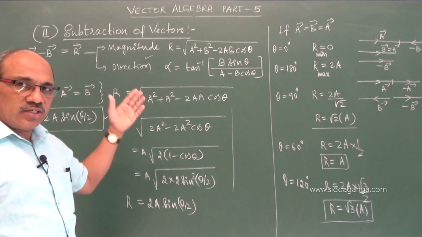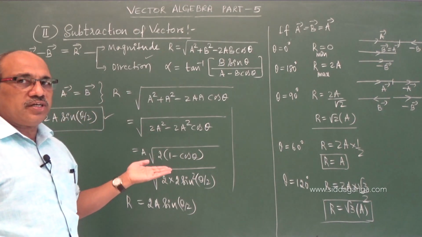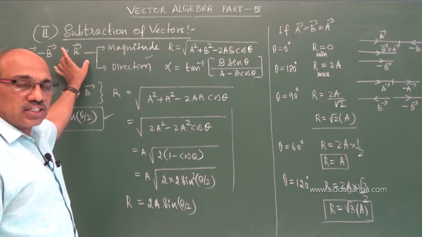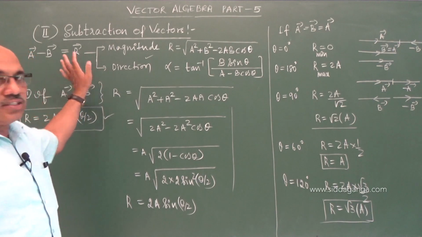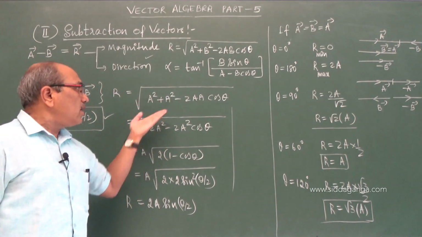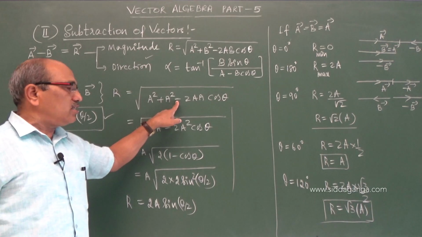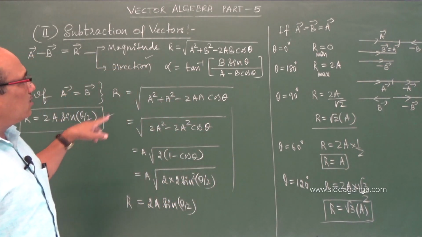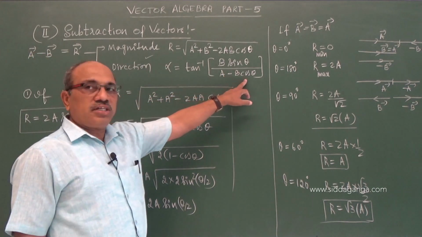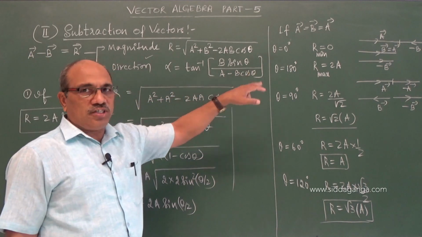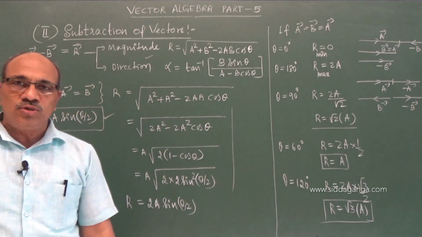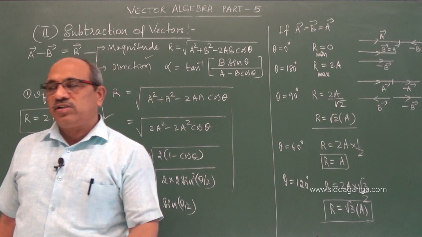Before that, we have learnt two operators, the addition operator and the subtraction operator. Subtraction is similar to addition. What changes in the equations is that instead of plus it becomes minus. Even in the case of the resultant, in addition it is a plus b cos theta, here it is a minus b cos theta. At two places in the analytical equations things change when it comes to subtraction of one vector from another.